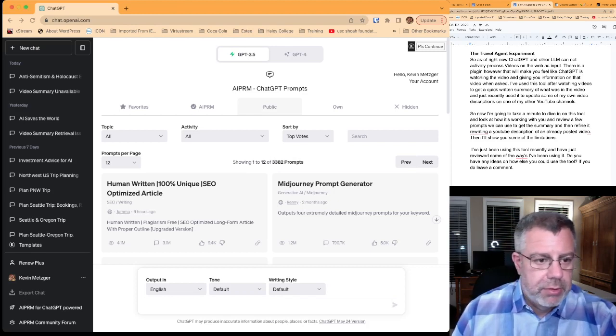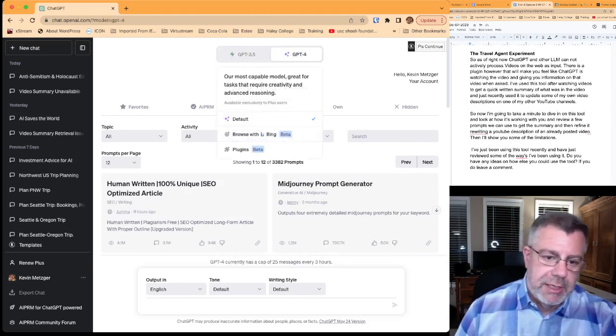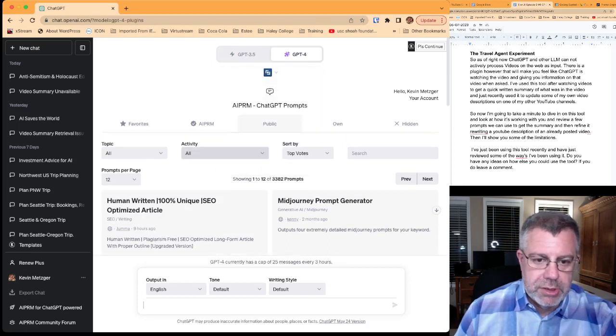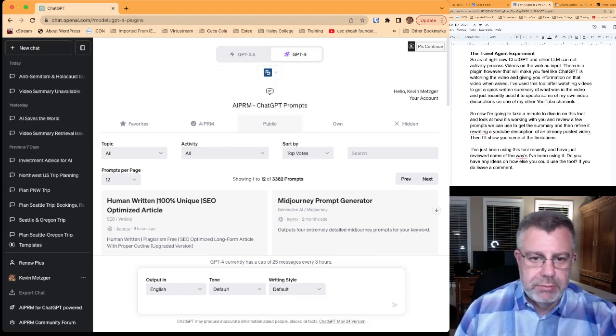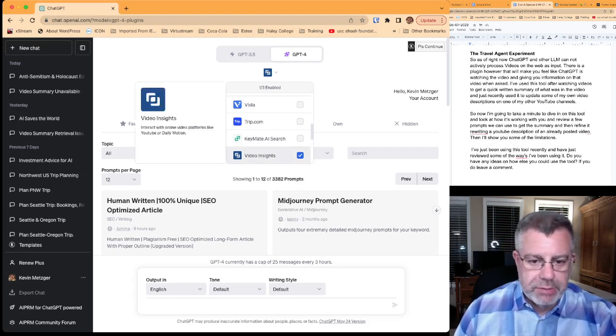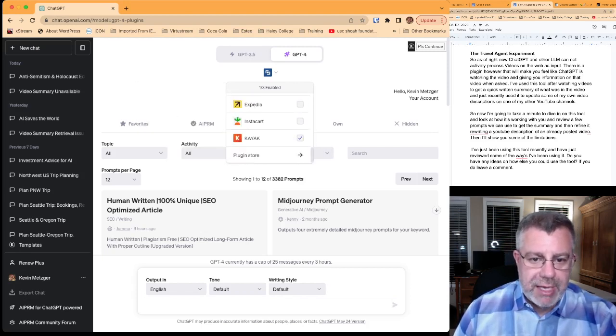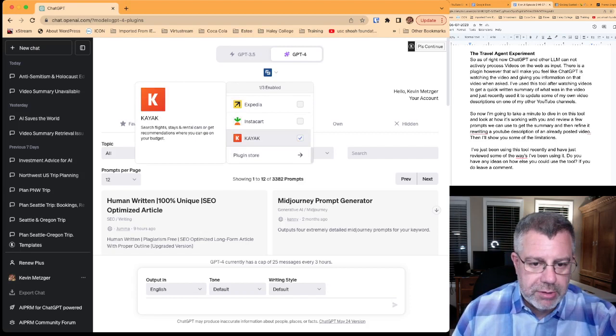So let's go over here, and you can see I've got a new chat up. We're going to check GPT-4, and we want to choose the plugins. I go to plugins, and if you're new to what plugins are, you can add a bunch of plugins. I've already got a bunch enabled, and there's more out there in the plugin store. I know I talked a little bit about using Expedia and Kayak earlier this week,